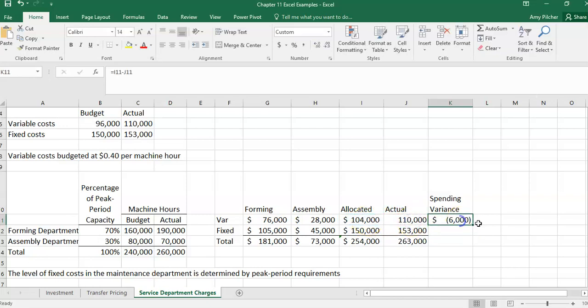So the difference between the actual costs and our allocated costs give us our spending variance. So for a total spending variance of $9,000 for the maintenance